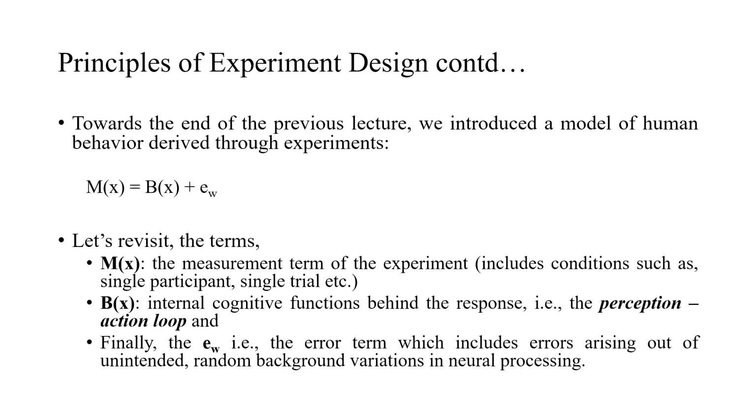Now, you will see that there is also this error term in there. What is this error term? Error w, e w, this one here, is the error that is combined with this perception action loop, which the measurement also gets. The idea is that this measurement does not always get the exact representation of the perception action loop. There is always some error. What is the source of this error? This could be just random background neurons firing, some kind of environmental variables, some kind of subject related variables